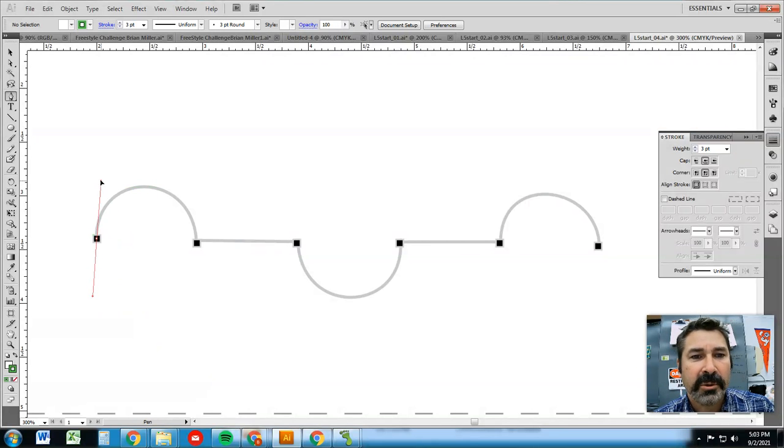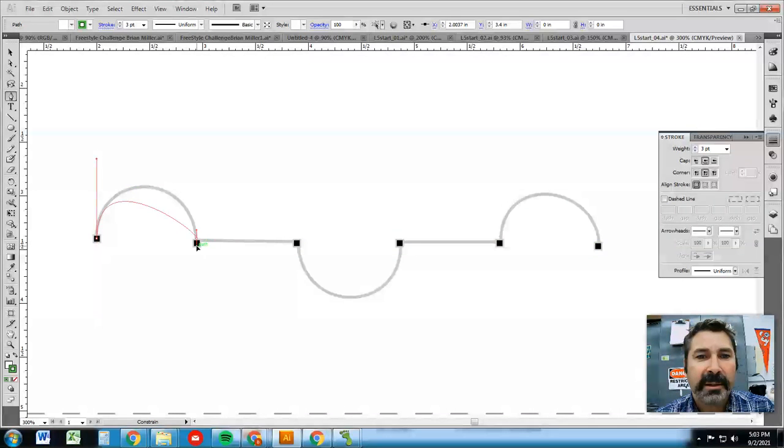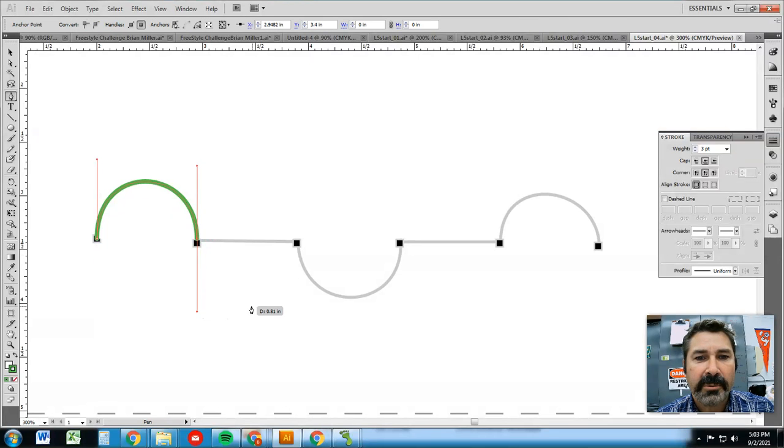All right, so we're going to click, drag straight up. And again, I like to hit the Shift key because it forces it straight up. And then I release, click, drag straight down, release. Okay, release, release. Now, what I'm going to do is with my pen, I'm going to go find that anchor